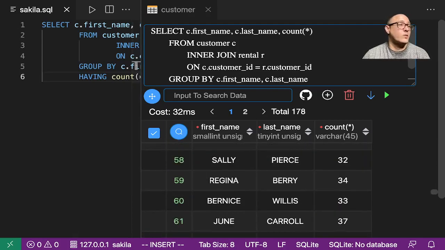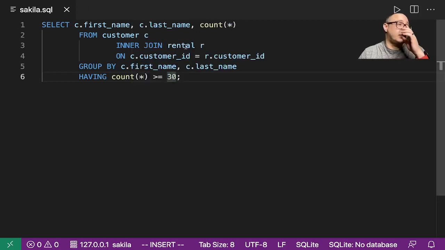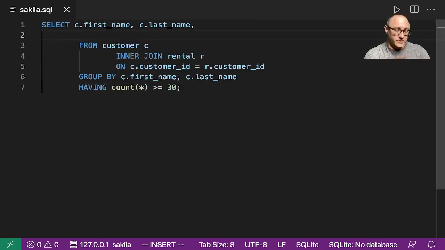So the next thing that we would want to maybe do here is add in an order by. Maybe we want to order it by the time that they had their rentals in. So let's keep this first name, last name, and let's remove this count function here, and let's do something else with it. Let's do time R, and then we'll do rental date. So we want the time, and we'll call this rental